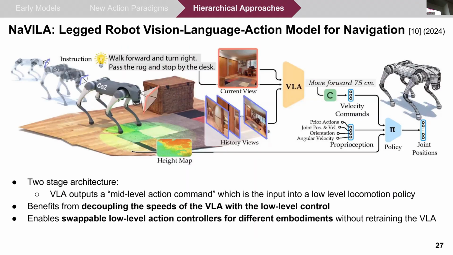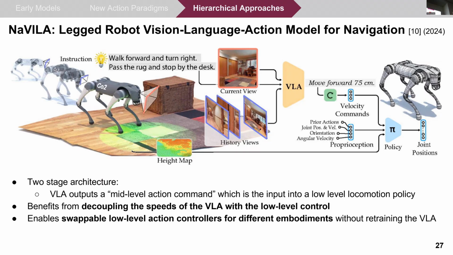So how do they do this? They introduce a two-stage architecture for this. Now, in Hi Robot, we saw that the vision language action model was the low-level policy, the low-level executor. But here, they're actually using the VLA as a high-level reasoner. So the VLA here takes in the current view and a history of frames, and it outputs what they call